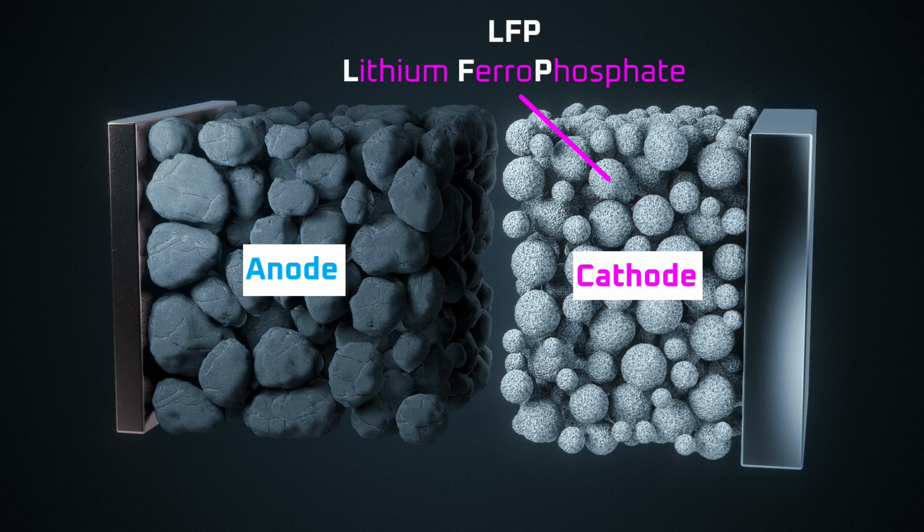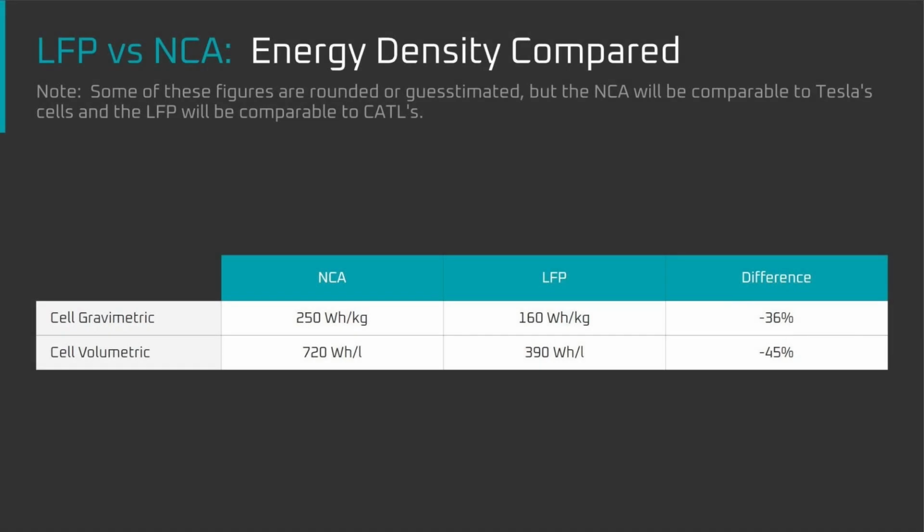Ferro means iron, so what we're talking about is an iron-based cathode. LFP's primary benefits are that it's cheap, durable, and easy to scale. But it has a catch. LFP batteries have low volumetric energy density compared to commonly used nickel-based chemistries, meaning they take up a lot of